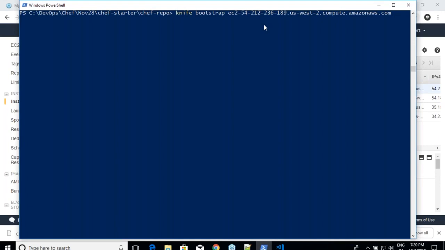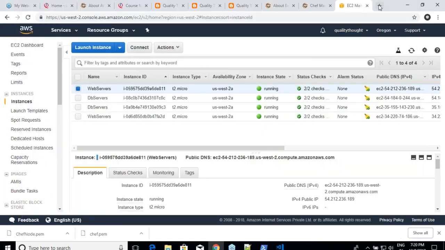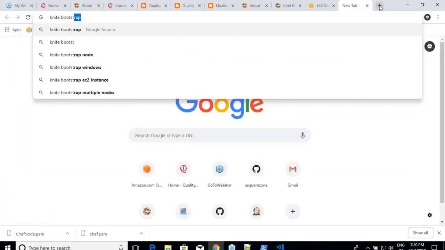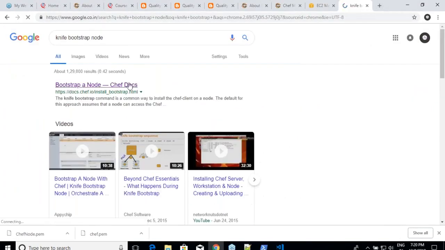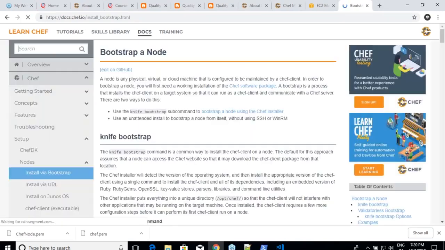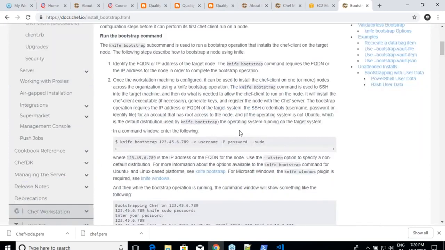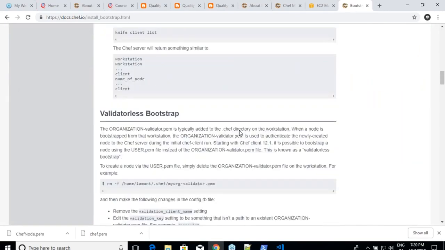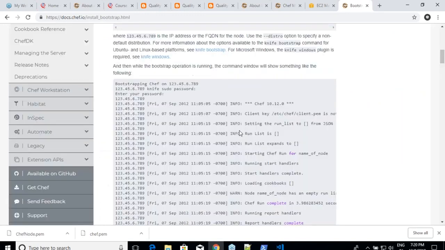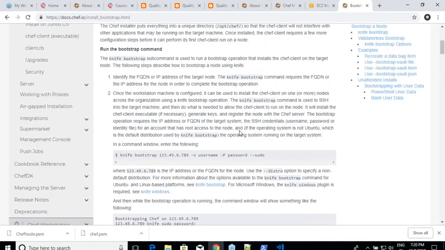Now what are the other things which I need to give? Remembering. Great. I will not do that nonsense. So knife, bootstrap, node, get into the chef's documentation. Okay, and let us see the stuff. No, he has not given me too much. Okay, whatever it is. Knife bootstrap, and then we have